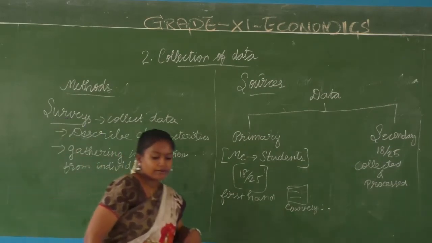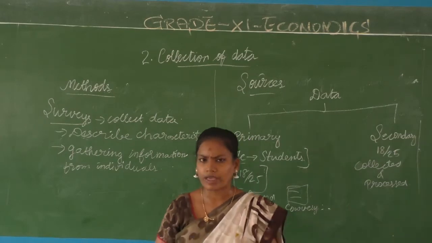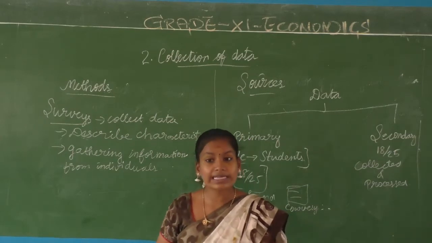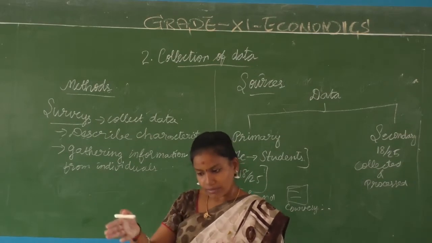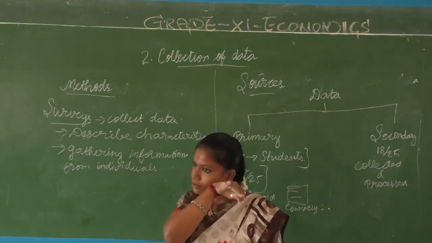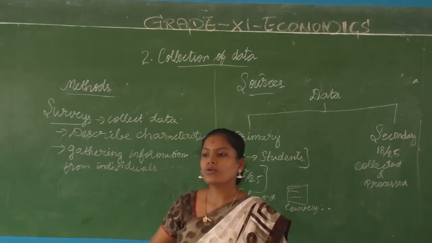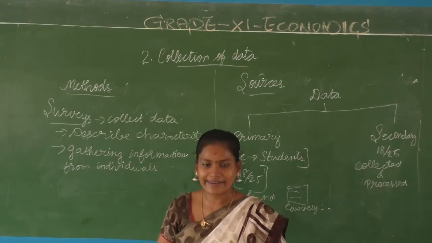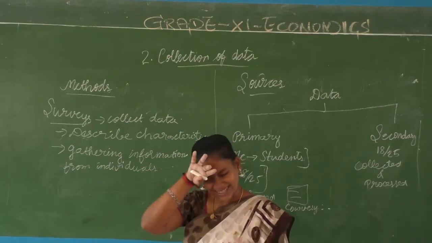Alright, what are we going to do? We are going to have an instrument to conduct the survey. On what basis do you conduct the survey? A survey means questions should be asked. Then only you will be able to analyze it. So you are talking about a particular product. You have introduced a new product in the market. Like a new hand sanitizer, which is popular now, right, children? So you have introduced a new hand sanitizer in the market.